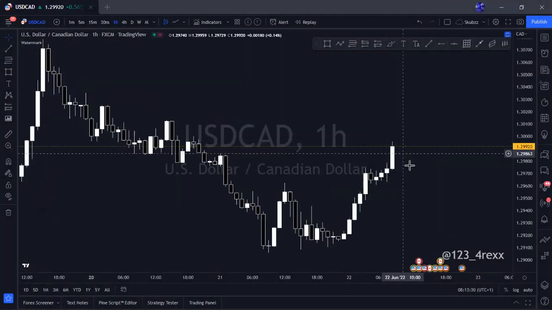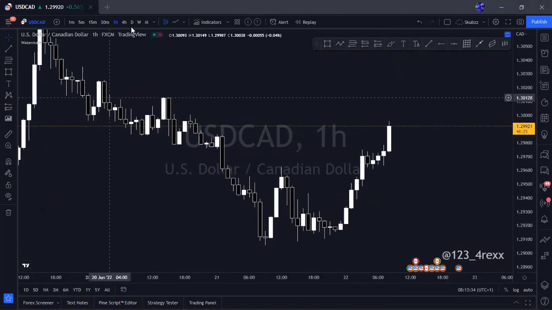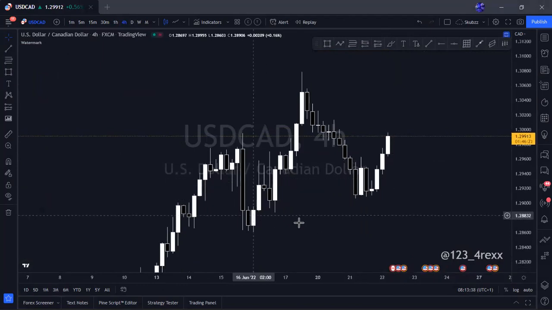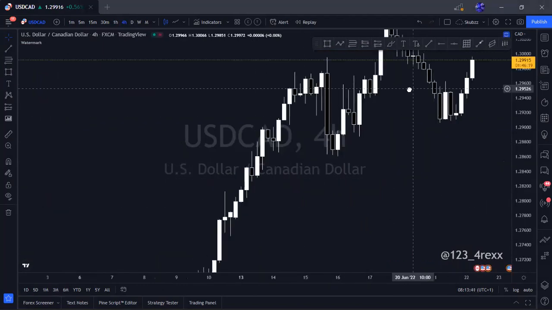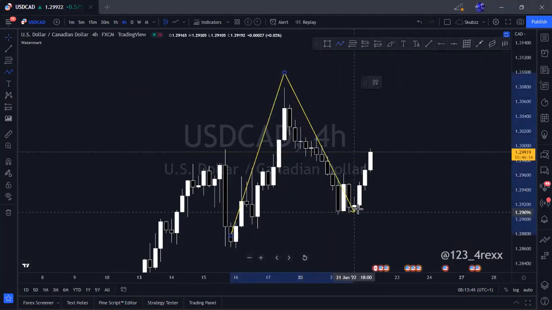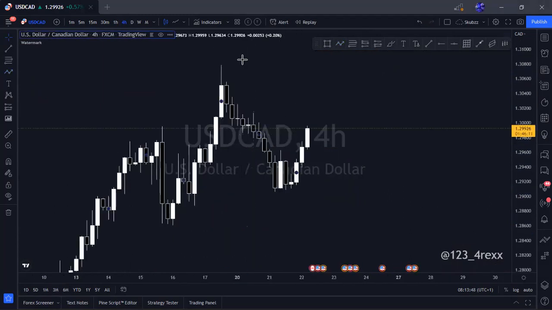This is weird. Let me look at USD card. Let me zoom out and see what's happening. Okay, so it's basically an uptrend. Price came, retraced, and now we're pushing to the upside. We'll take a look at that in a bit. Let's see what we have on